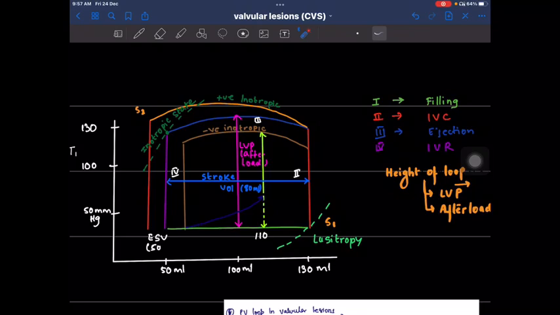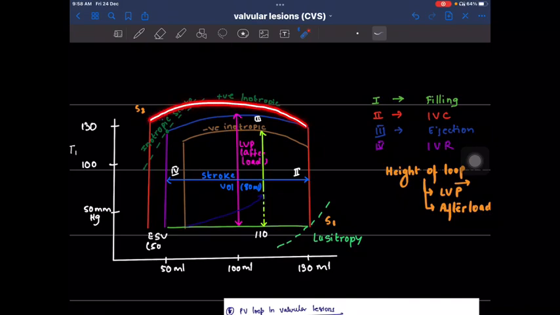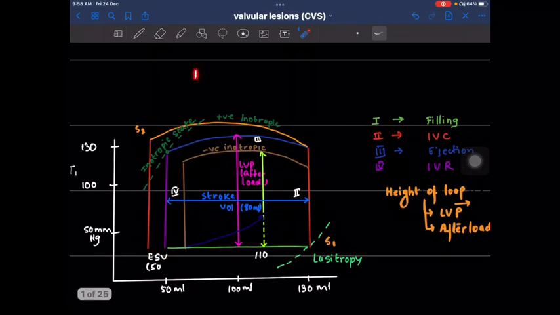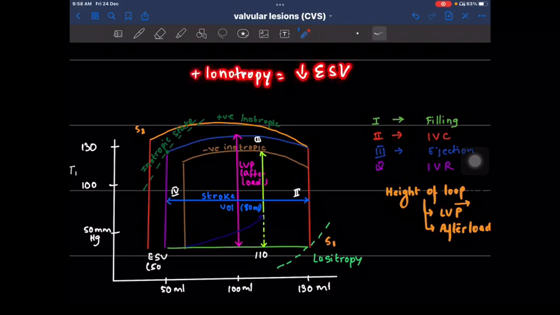So what will happen is, this will generate greater power. So increased pressure. So this loop will shift upwards, right? And this thing increases, as you can see, right? Greater force of contraction, greater left ventricular pressure. All right. So now we are here. So when we come back down, we see that the end systolic volume has decreased. It was here first. This is the volume that has decreased, right? So you can think that positive inotropy will always lead to decreased end systolic volume, right? As you can see in the graph.